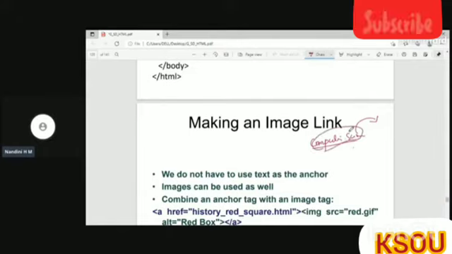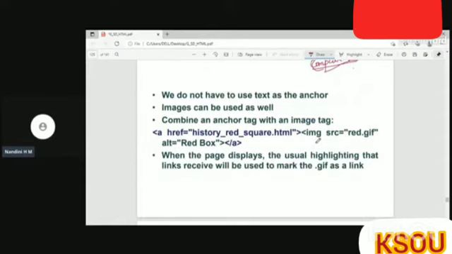So when you click on that particular image, it will take you to some other web page. For that, same A tag, href, and then URL of the web page. Instead of writing the text, you are using an image here, right?